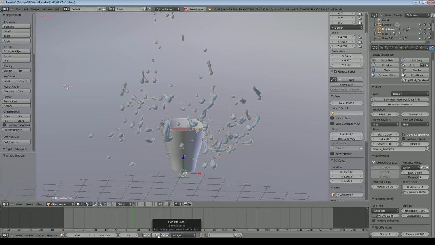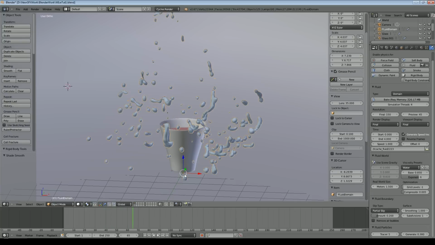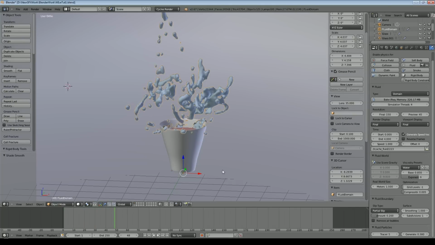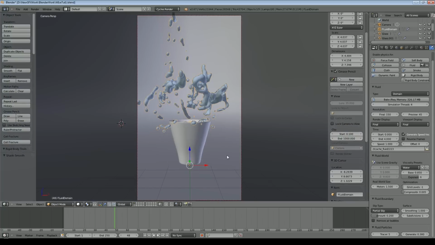It's not identical to my previous one. Obviously it all depends on the velocity of the ice cube and whatnot, and you can obviously vary that. You don't have to make the ice cube fall the way I did this time. The first time I did it, I simply animated the ice cube in the usual way. So once you've got something that you like, you just stop it there, for example. We can have a look at what that's going to look like in the camera.